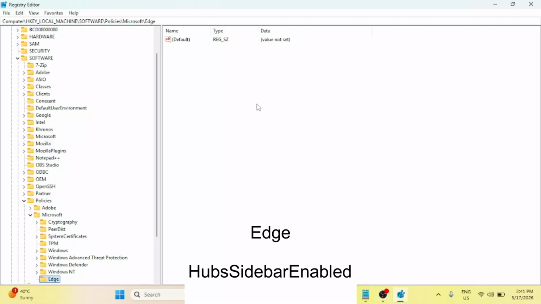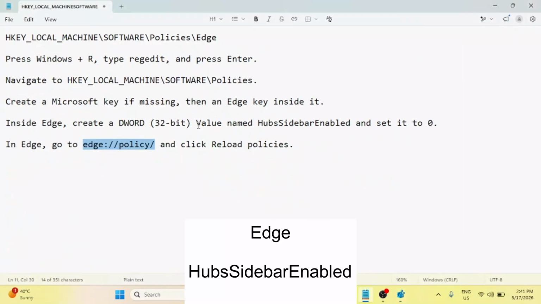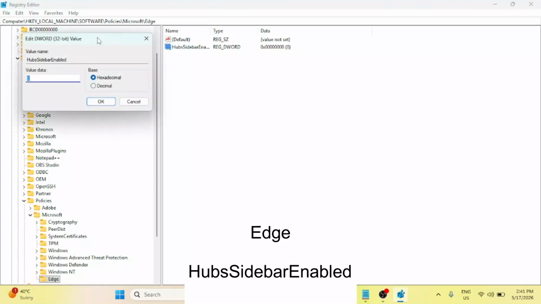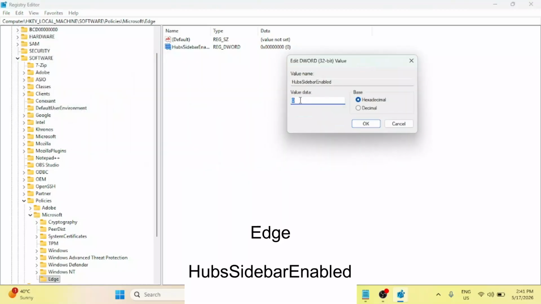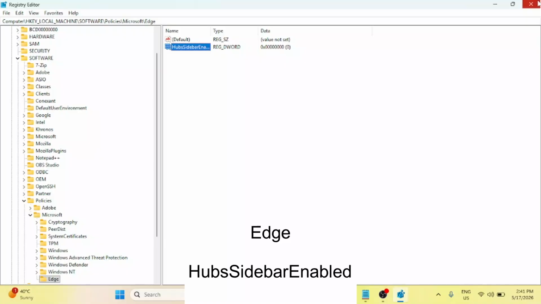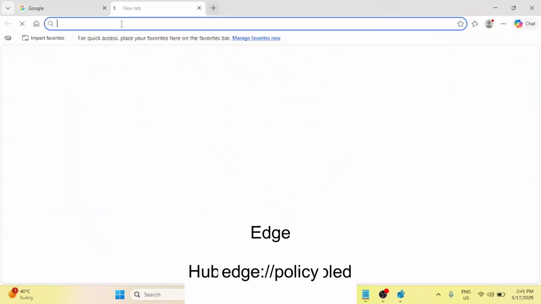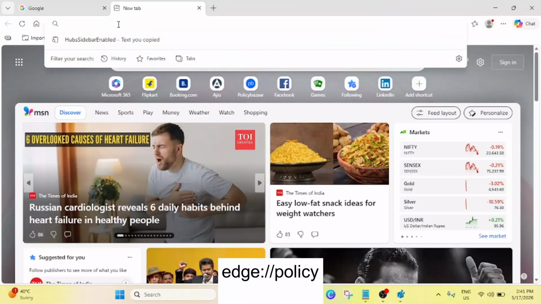Now on the right hand side you need to create this value here, this one, HubsSidebarEnabled. Simply copy this or you can manually type it. On the right hand side, create a DWORD 32-bit value, paste it here, and the value data should be like this, 0, HubsSidebarEnabled. Click OK,